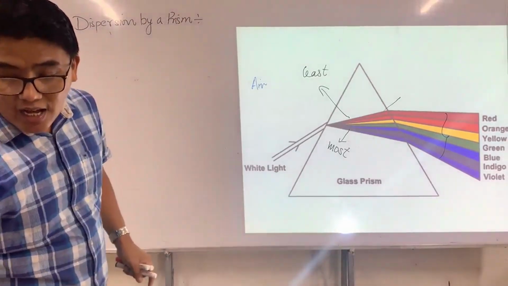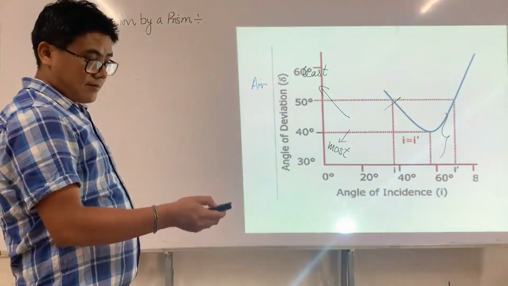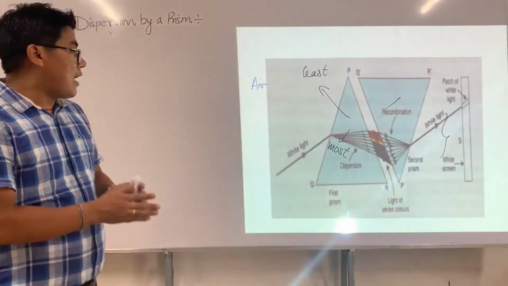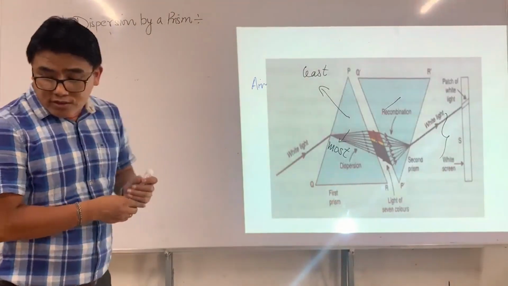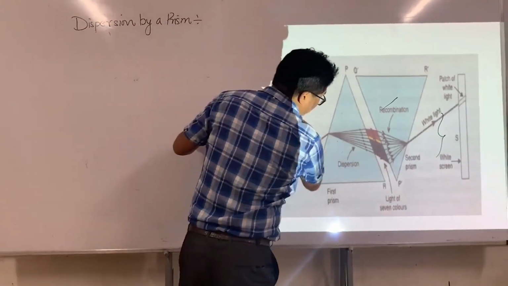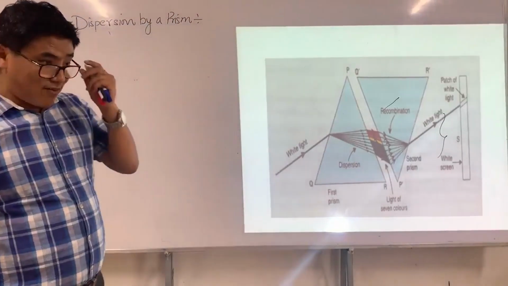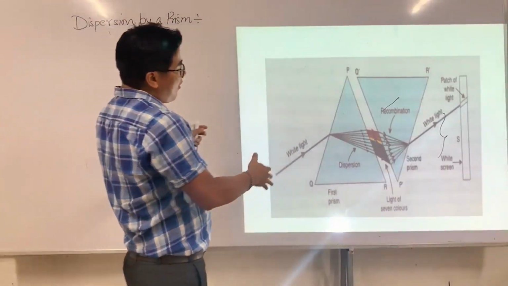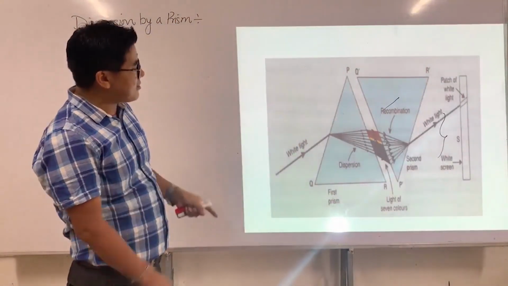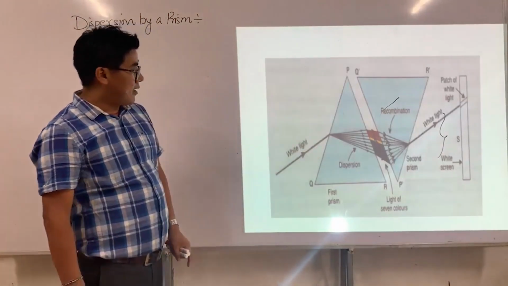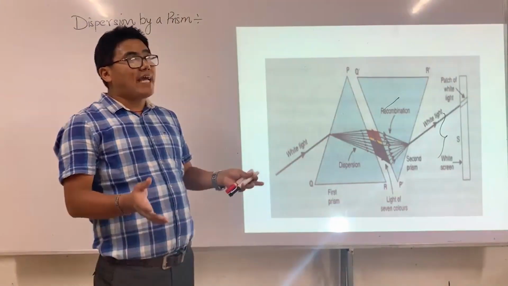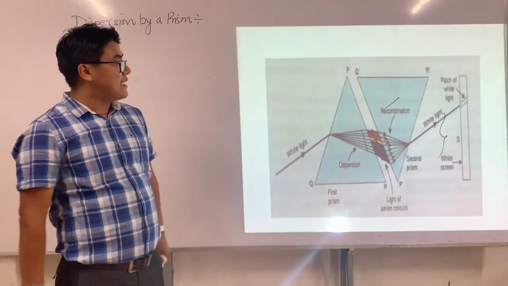Alright, this is what we have. This is Isaac Newton who proved that. Look at it, this is a very simple proof. I think this is done in class 10. What he did is very simple, right? A light undergoing dispersion by the first prism, and then what he did is he collected all the different light and